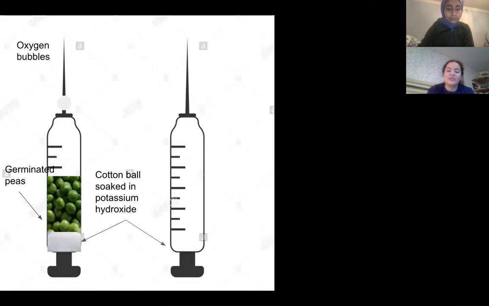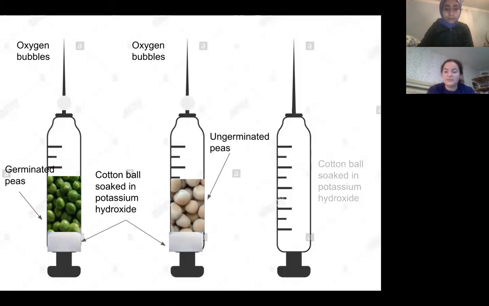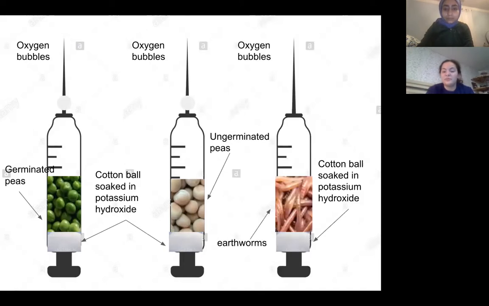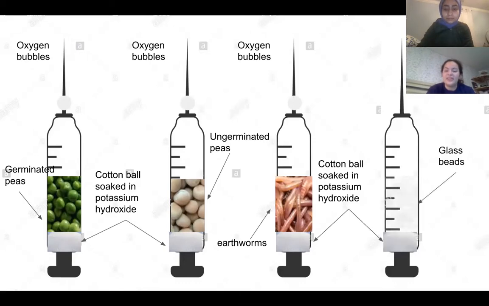And then they just keep repeating this with ungerminated peas, and it happens the same way with the oxygen bubbles. They keep going towards the ungerminated peas. And then they do it with earthworms. Again, the oxygen bubbles. And then they do it with glass beads as a controlled variable